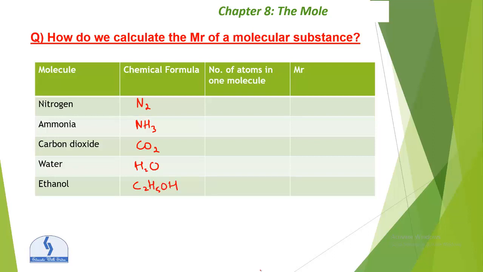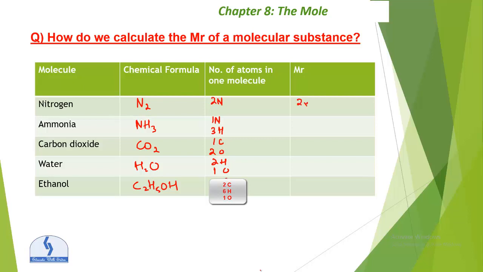Now, the number of atoms in one molecule: there are two nitrogen here, one nitrogen and three hydrogen, one carbon and two oxygen, two hydrogen and one oxygen. And the relative molecular mass